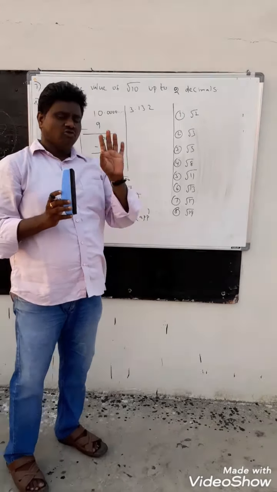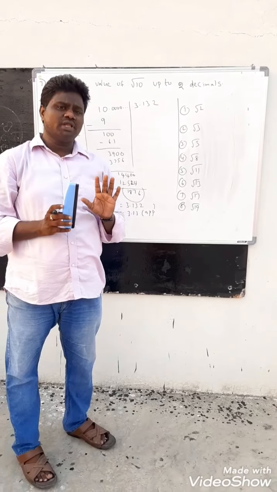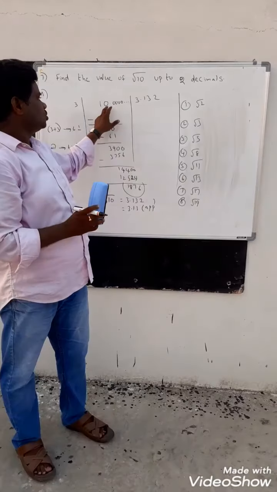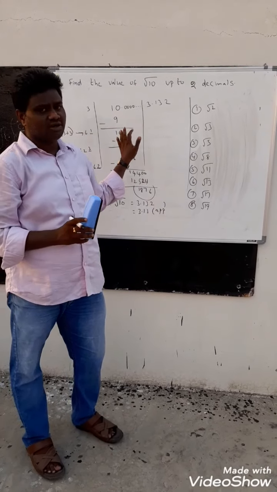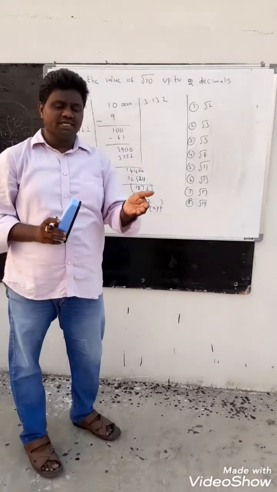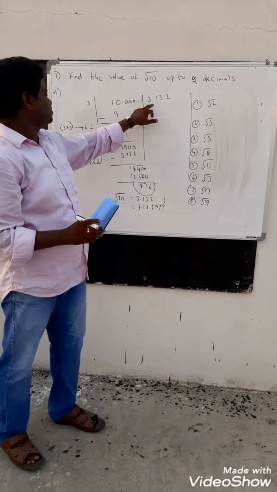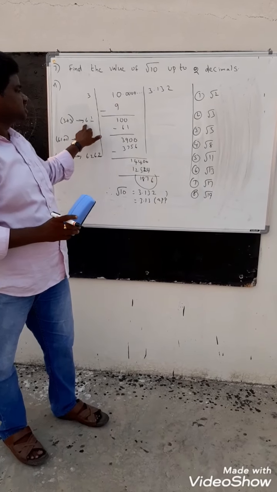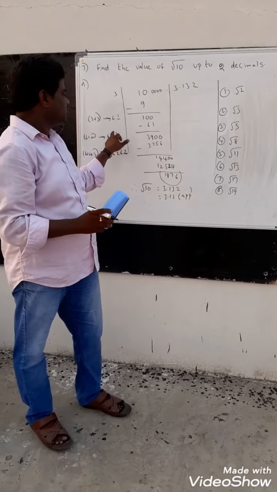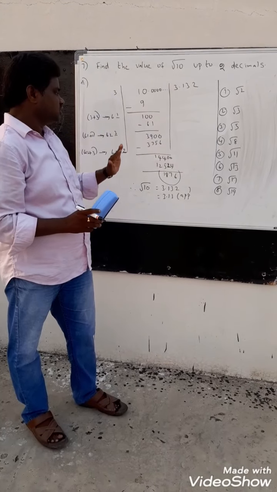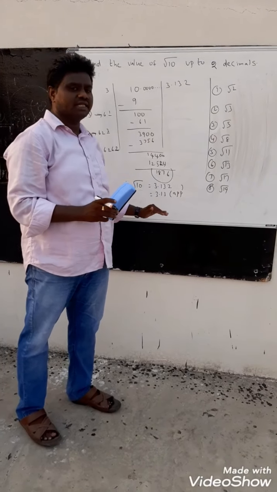So again, the first step, we have to check the nearest perfect square. So 9 is the nearest perfect square to this number. That's why 3 3s are 9, I am taking. Next, how do you get the divisor? By adding, that means 3 plus 3, that is 6. After 6 you have to place one digit, and also you have to keep it here only. Then you have to multiply with that, you will get that one. If you continue the same process, you will get the answer.